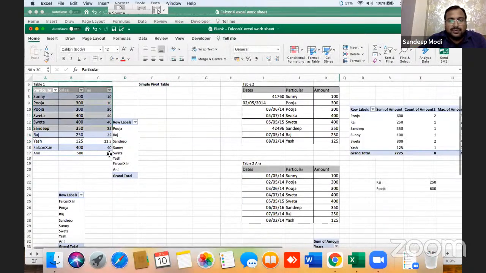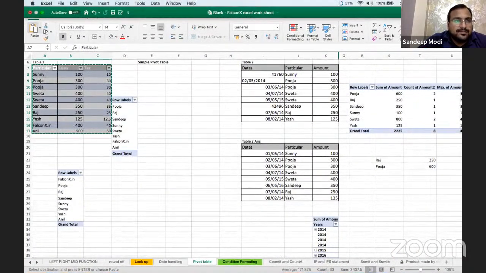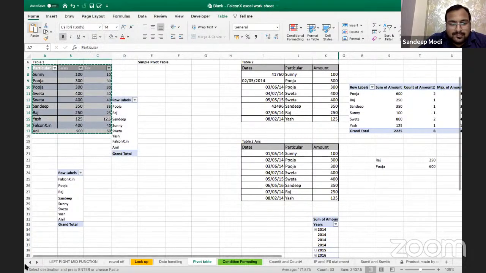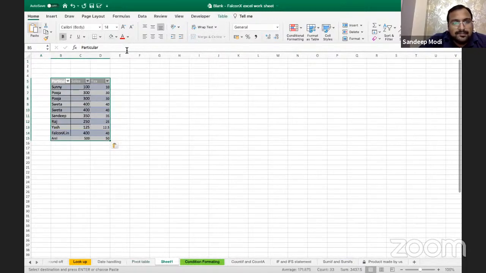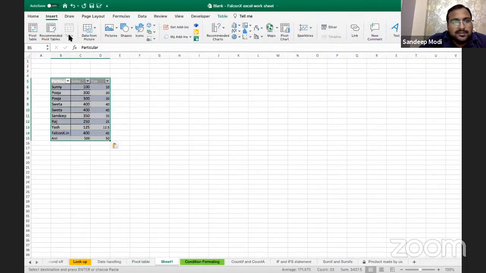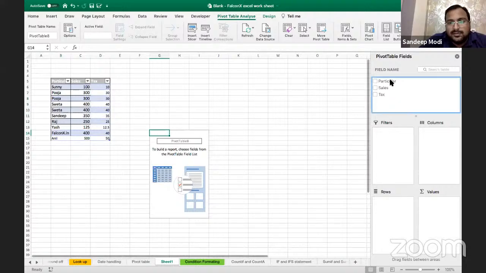Let me go ahead into new table. Copy. Insert pivot existing sheet. Okay.